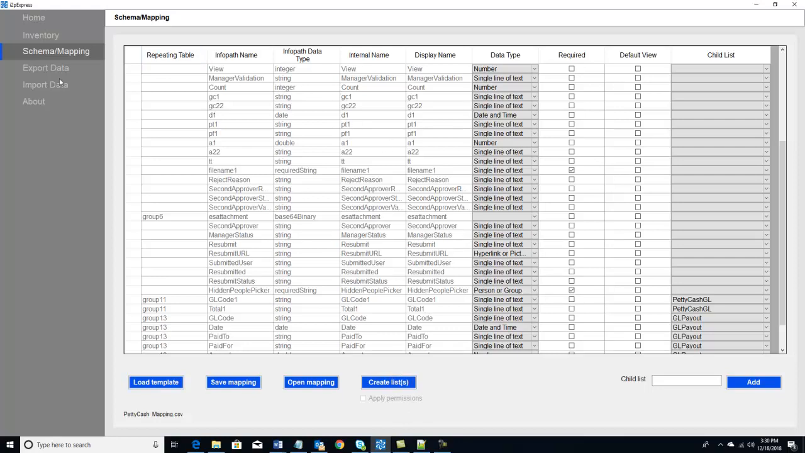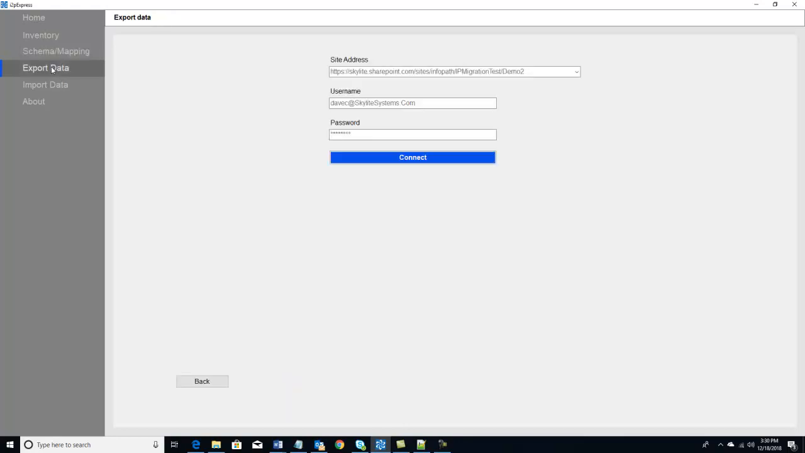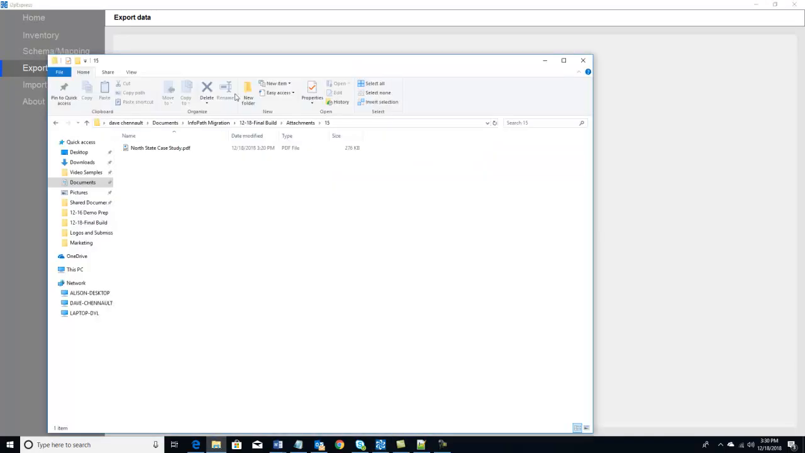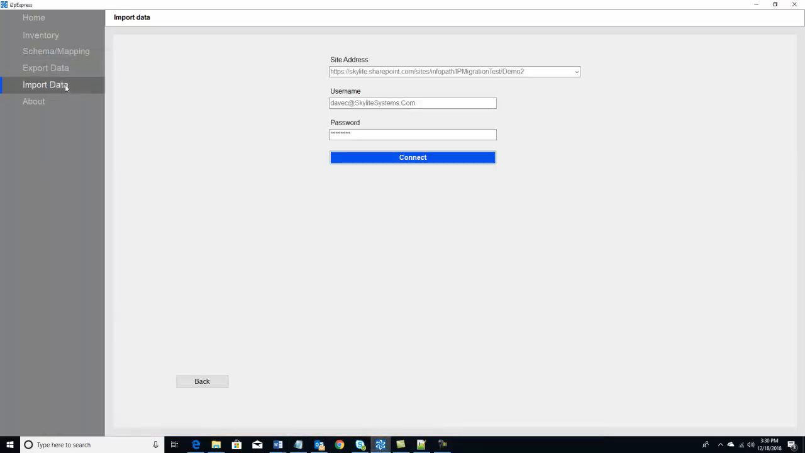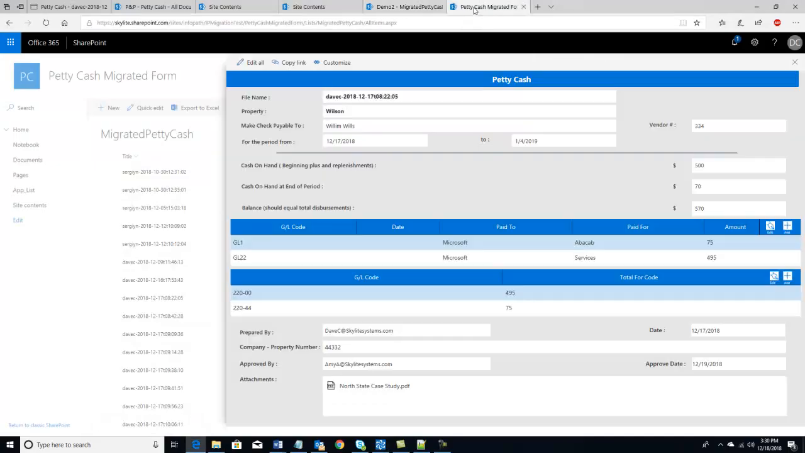Then we exported out the data from our source site, and those were just going to be your Excel files that we had stored out here. Remember, we have the migrated petty cache and the 2 child lists. And then we went back into the tool and imported that data into our target site, Demo 2, and it went ahead and it imported that in. And the last step would be then to go ahead and recreate the functionality, but in a PowerApp form, which